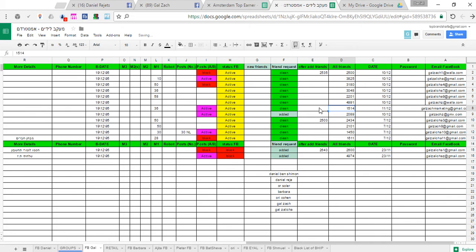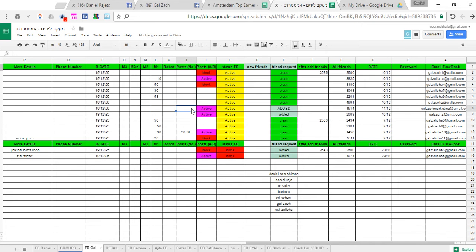Okay, and after adding friends, we will talk about it in 1 minute. Right now, because I added friends, instead of clean, I will change it to added, and it turned green. New friends, it will generate afterwards. The Facebook status is active, and here I will not write anything. So if you have any details, just delete it. There you have it. It's clean and shiny and tidy, and it's great.